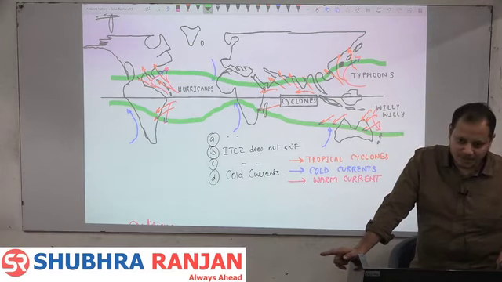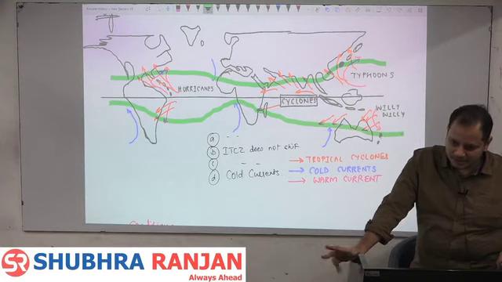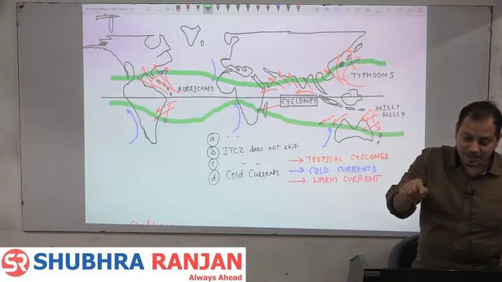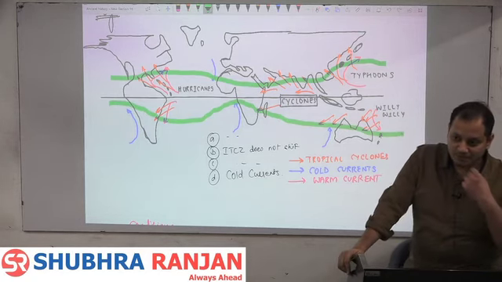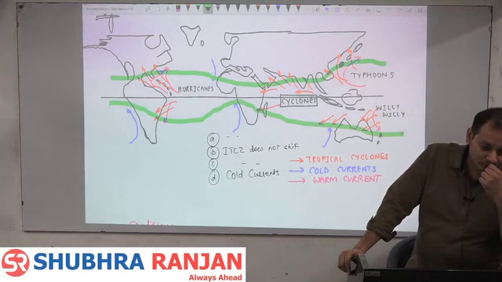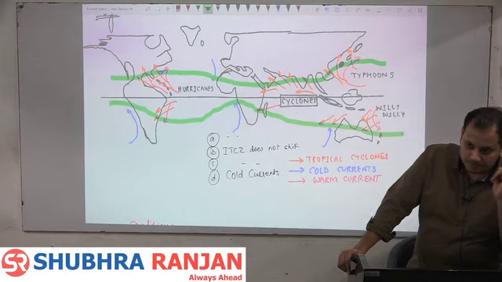जीएस वाले तो रॉन्ग करेंगे इसको. Most of them will mark cold ocean currents. UPSC का आंसर की says this thing, ITCZ does not shift. इसलिए हमने first line क्या लिखी है? They develop in the regions of warm sea surface temperature and ITCZ. Definition के बाद